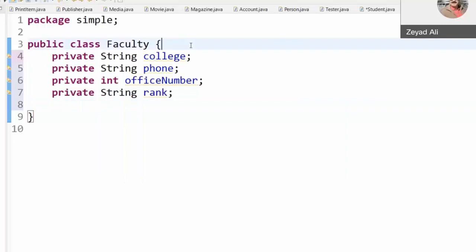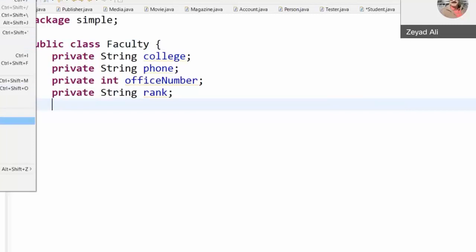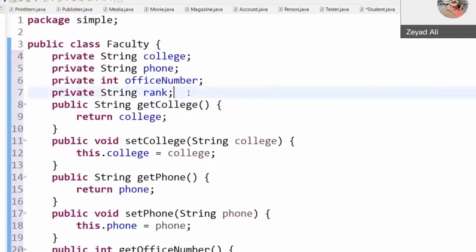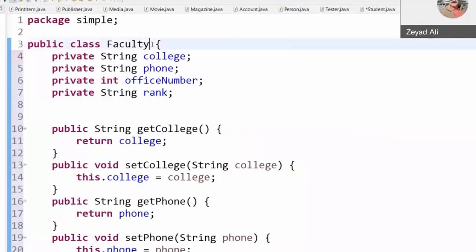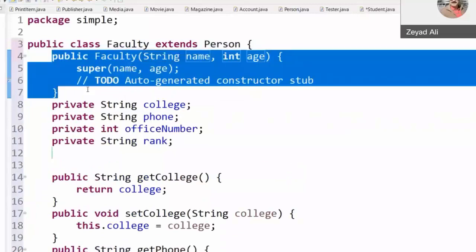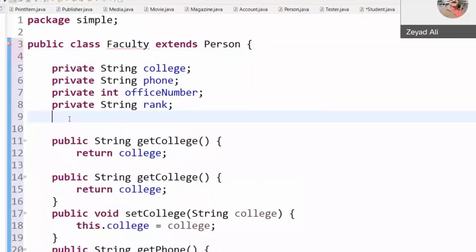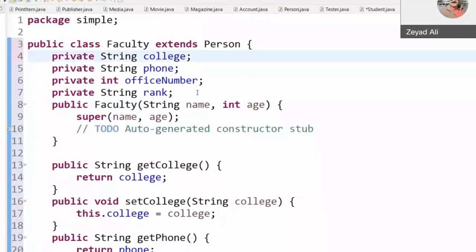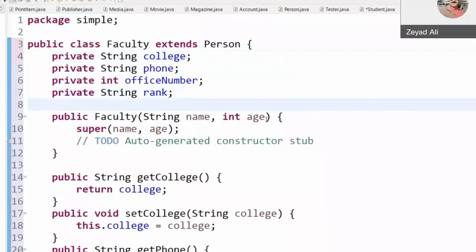Type, we will do the same thing. I can do setters and getters now, generate setters and getters for everything if I want. Validation is not our topic today. Now I can say extends Person. Once you say extends Person, you need to add what now? The constructor. You must call the superclass with the attributes of the superclass in the constructor available there. If you have multiple constructors in the superclass, you can call any of them.